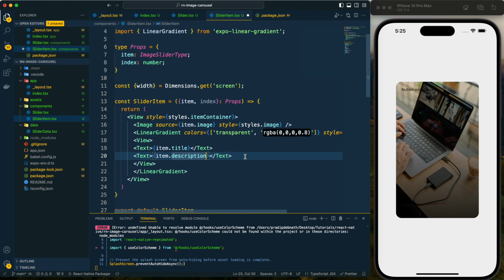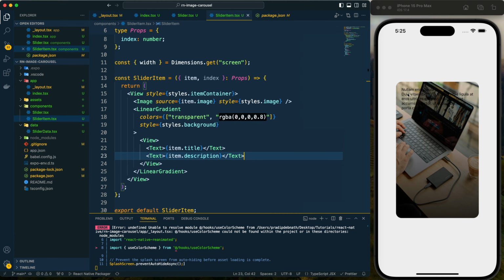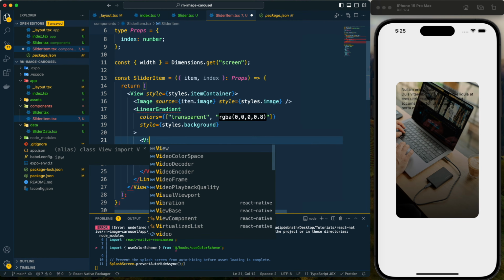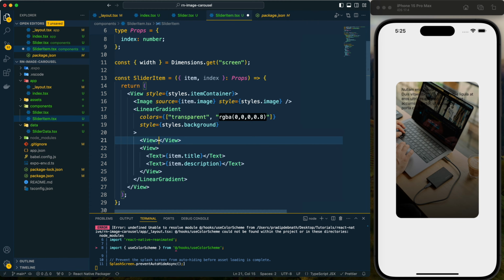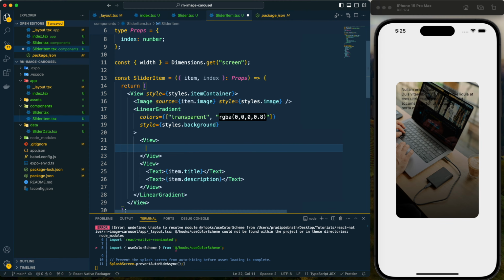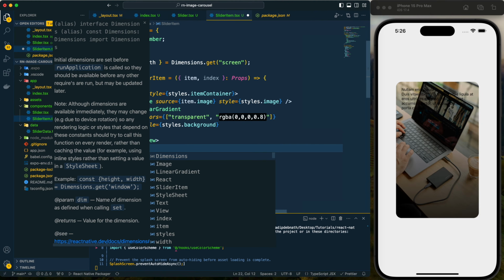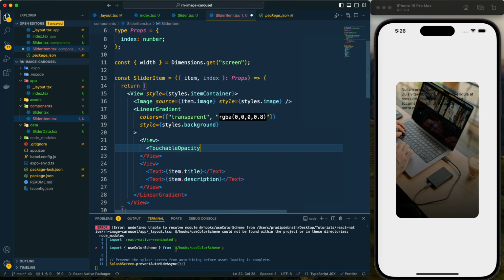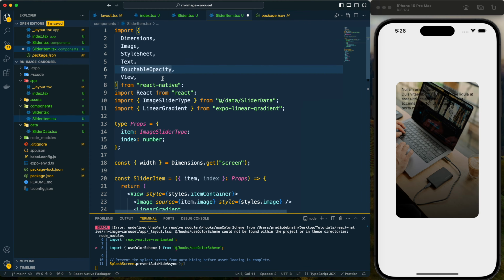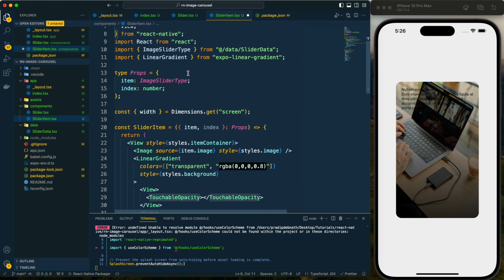So for the text, first we will have the title and then the description, and here we can see the text, but we need to position it at the bottom, and at the top on the right side we will have an icon. So let me create that icon also, then I will position those properly. Here for the icon I have created another view, and let's provide TouchableOpacity, and this TouchableOpacity needs to be imported from React Native.